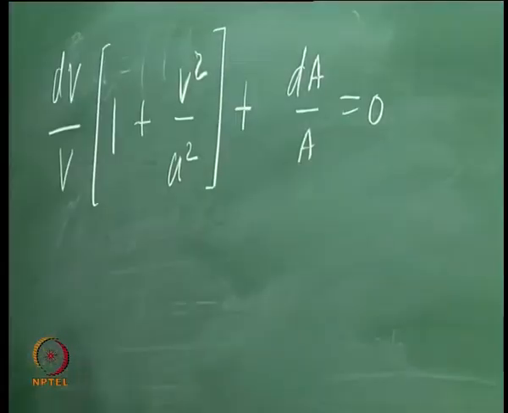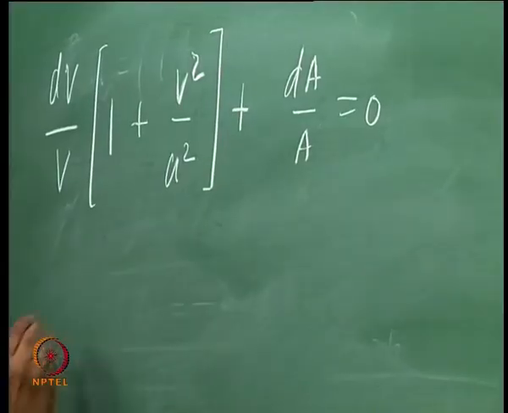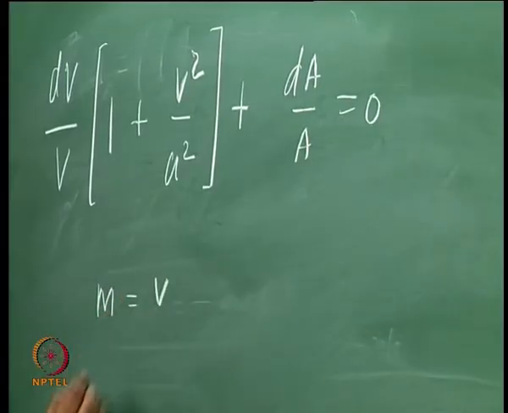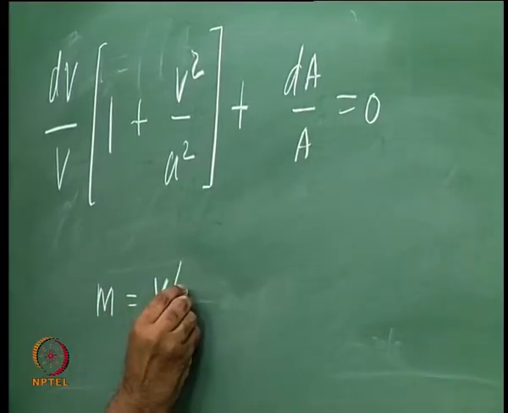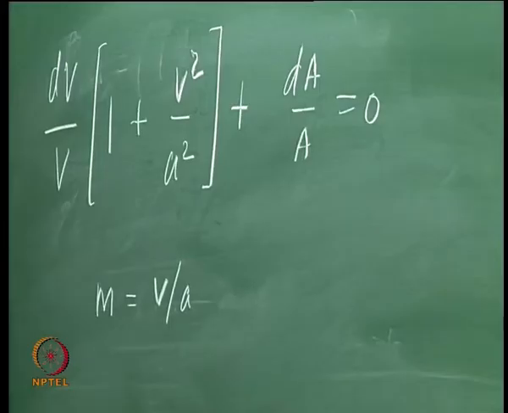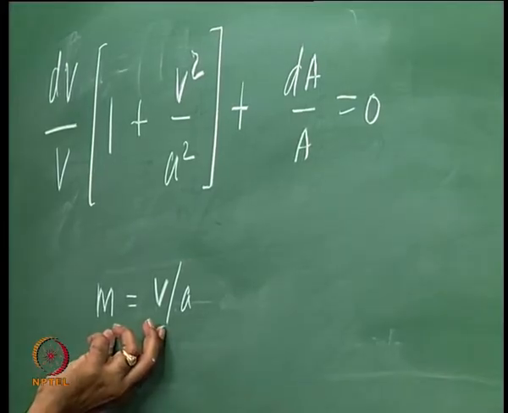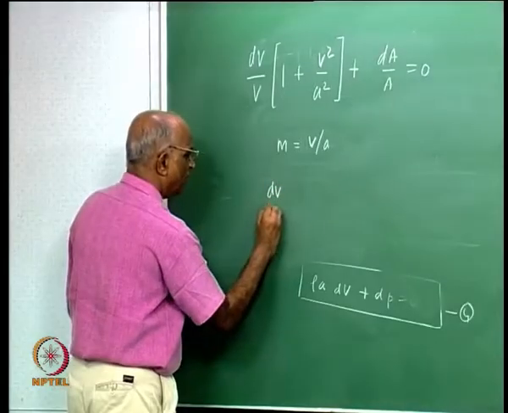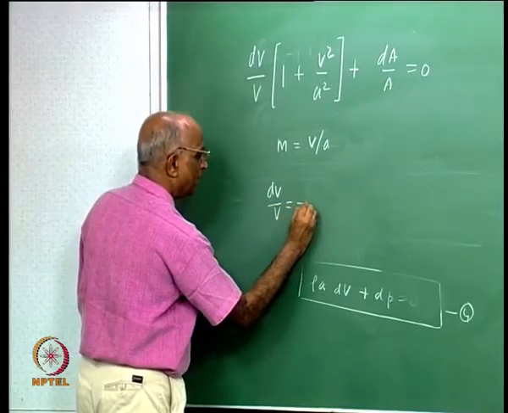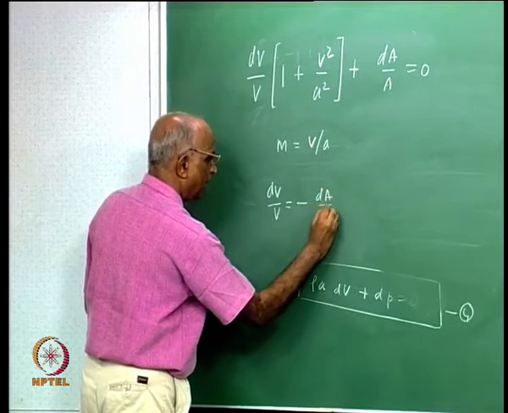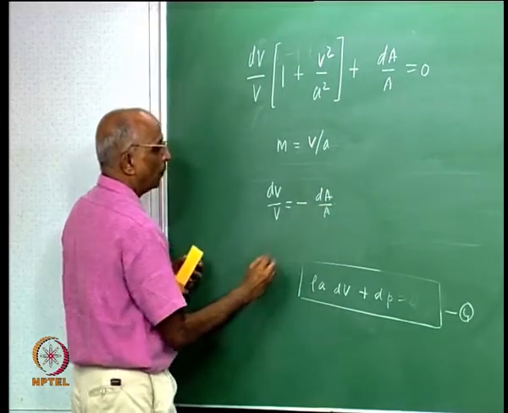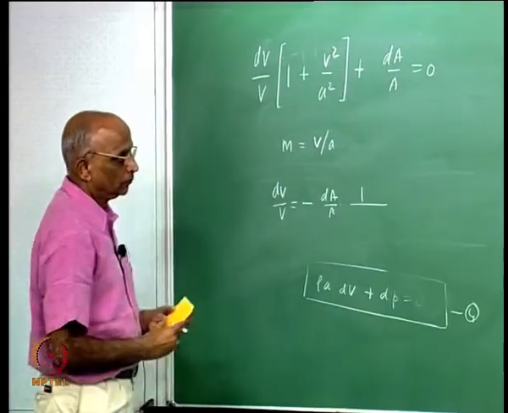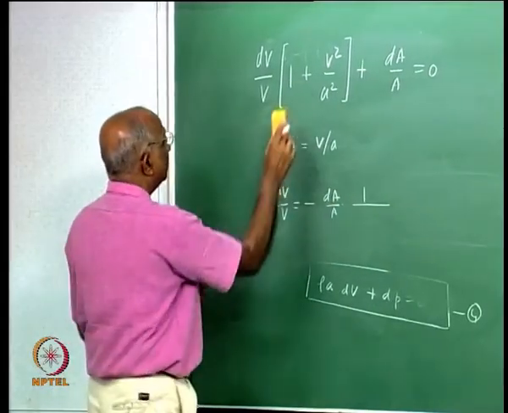Or rather, now let me call Mach number M as equal to the velocity of the medium divided by the sound velocity. I will come back to the physical significance of this a little later, and therefore I can write dV by V is equal to minus dA by A into 1 over, yes I have minus here,